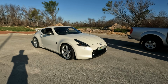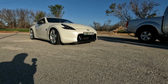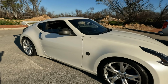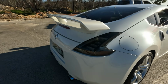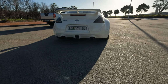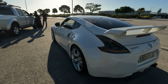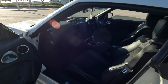At first glance it's beautiful. I think he spray painted the front pieces on the bumper. They upgraded the headlights as well. It's got an electric boot spoiler on it, and I think the taillights were also done. These cars come with the VQ37 engines, and I think the manual comes with a 6-speed and the automatic is a 7-speed. But this is the manual one. And it's beautiful on the inside. We got the